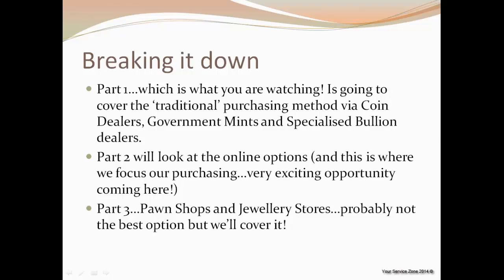But most of the gold or silver you purchase within these stores will be nowhere near currency grade, which is 999.9, or that high, ultra high purity. And if you're going to store precious metals, and especially if you're going to store it as an investment, you have to be storing pure, and 999.9 is as pure as it gets. Nothing's 100% in metals. There's always some impurity, but you want to get it as pure as you can